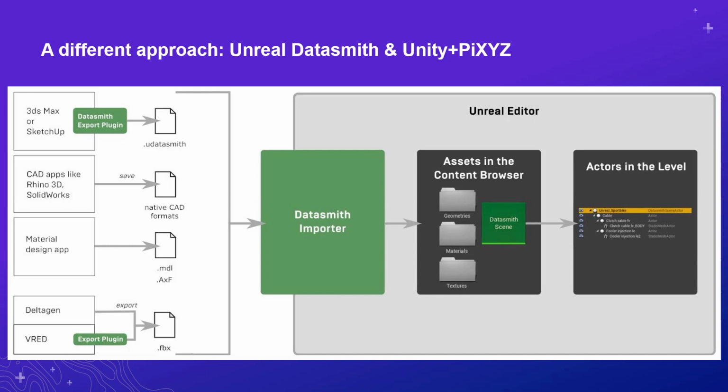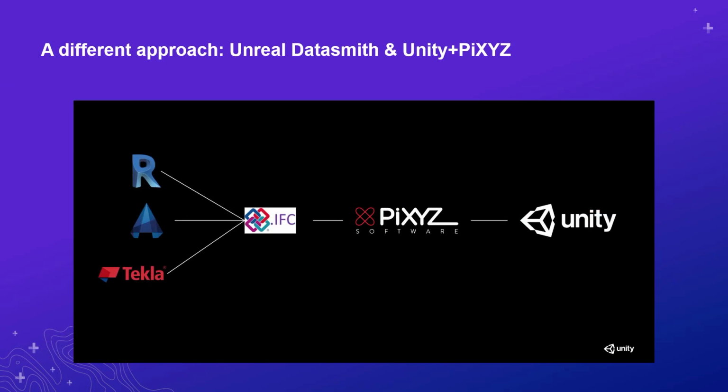Now there's a different approach that the game engine companies have been working on. That's Unreal Datasmith and Unity with PIXYZ. In this figure you see Datasmith as a diagram. The idea basically is that the game engine has an API or a custom importer and provides a library that the other tools can use to export the data. So basically the game engine tells the other applications in what form it wants the data to be. It's similar in the Unity